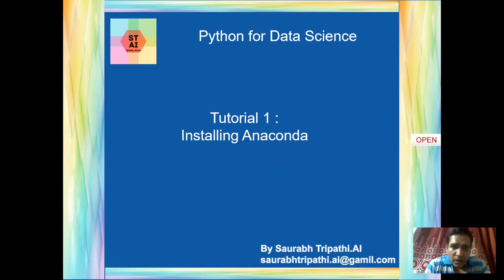So basically, we need an IDE to write code for Python, and an IDE is basically a place where you write the code, get the output, and get the job done. Anaconda plays a very good role for that. Anaconda is a platform which provides you different kinds of IDEs which you can use. Plus, it also provides you all the installation already. All the basic libraries that we require are already installed in Anaconda, so we don't have to go through the pain of installing each and every basic library. But obviously, there are some advanced libraries which we have to install later. Let's continue with the installation.